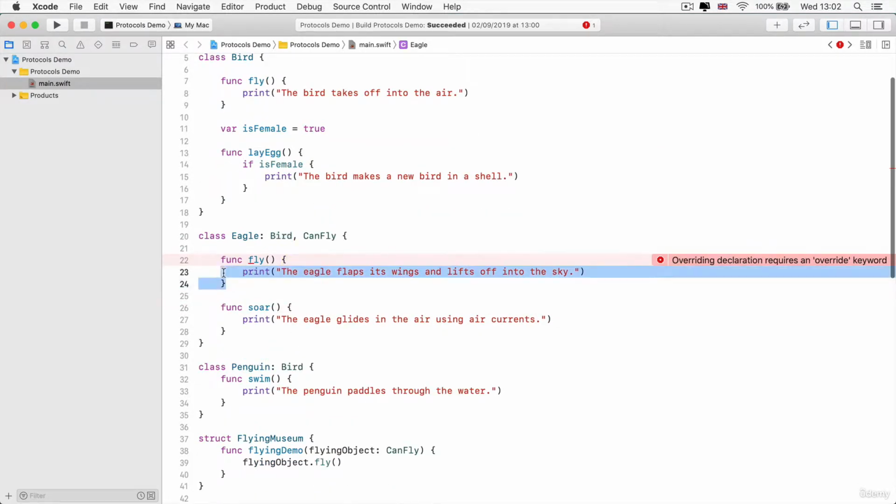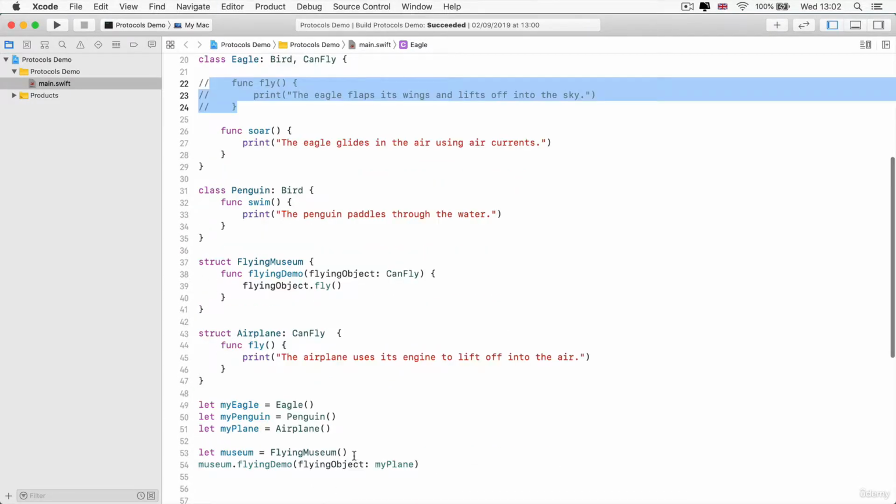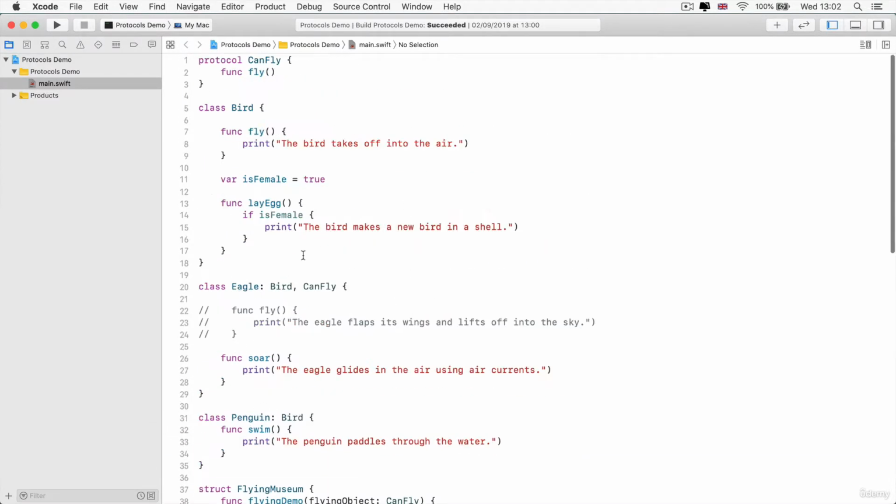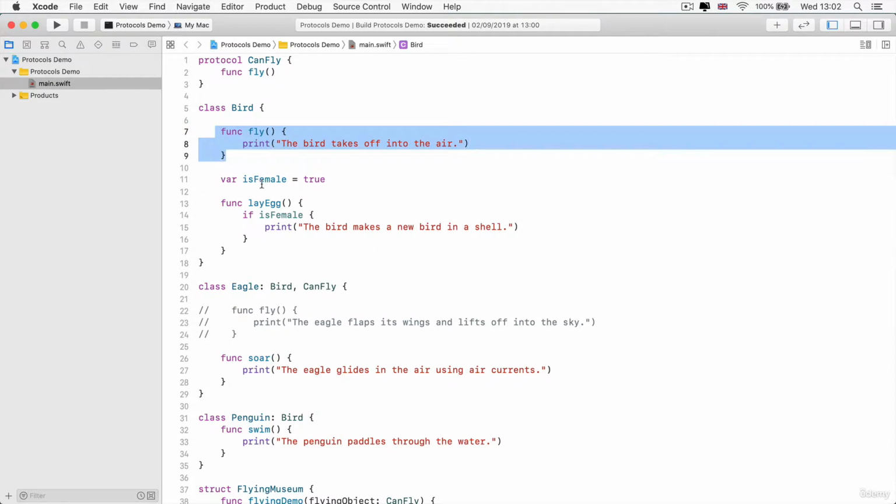And now we don't actually need to implement a fly method, and we can already simply say myEagle.fly. And that would actually call the method in the superclass Bird,